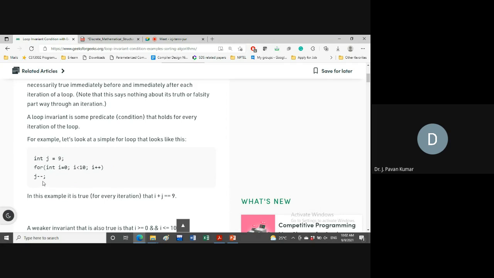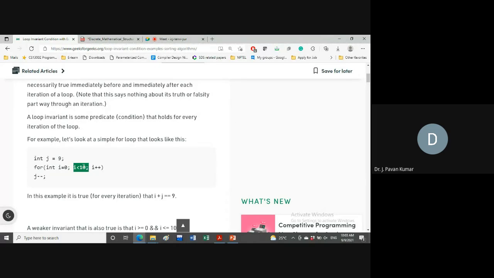Yeah, 10. But it is not in the case of pseudocode, that you keep in mind. So the I value will remain at 9 only. Why? Because our intention is to repeat for I values from 0 to 9. That's it. For our convenience, we have written I less than or equal to 10,